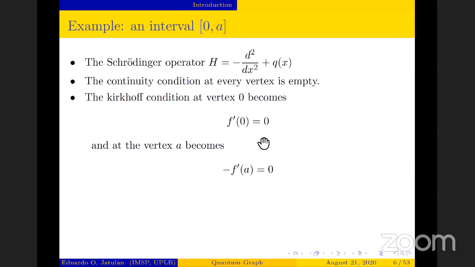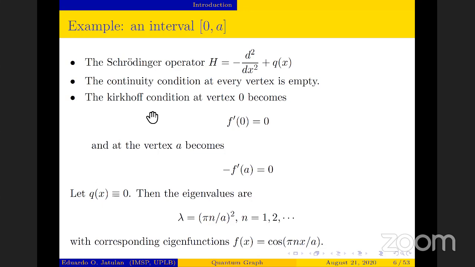Okay, and it is well known that if we set our Q to be equal to 0, then the eigenvalues of this operator acting on this segment will be n pi over A squared, where n goes from 1 to infinity. And this corresponds to the eigenfunctions f of x equal to cosine of pi n x over A. So as we can see here, the Kirchhoff boundary conditions will give us the Neumann conditions for our problem